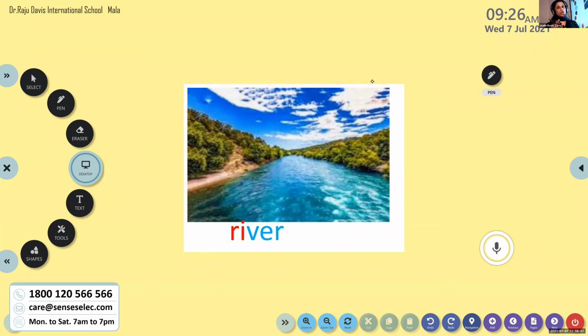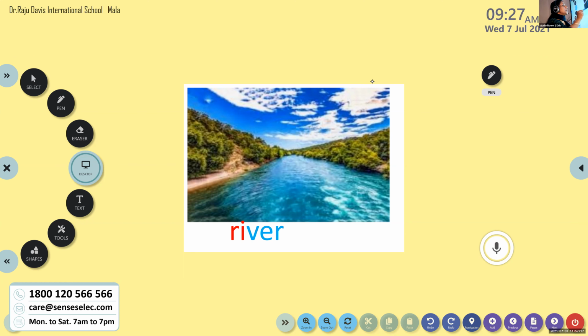In the previous session, we learned certain words with one syllable. I told you how to identify whether a word has one syllable or more than one syllable. You just have to count how many vowels are there in that word. If it's a one syllable word, we sound it out through its individual sounds, like b, ar, d. Some letters have a combined sound. But if it is more than one syllable, it is easier for us to learn the spelling.